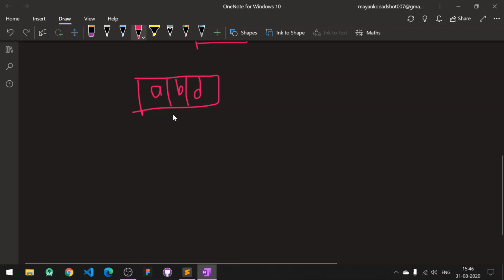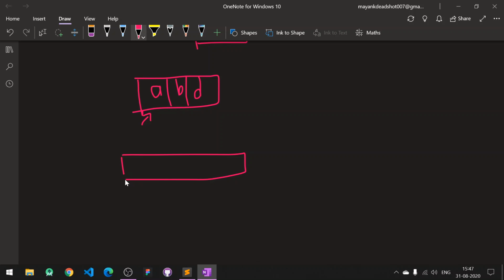You have to search for the subsequence of this in a string T. Suppose the string given is A, C, B and D. This is the string S and this is the target string. So in this string you have to search for this string's subsequence.